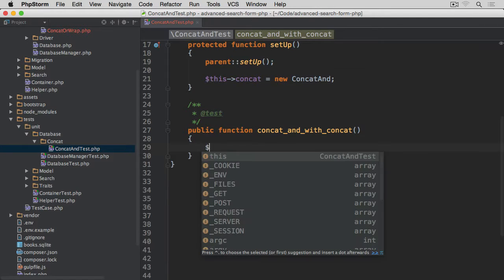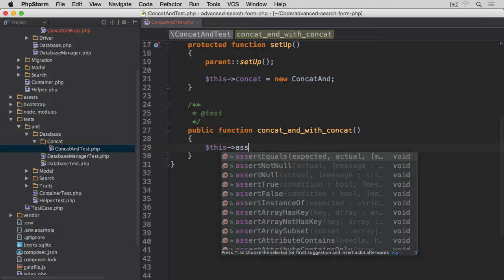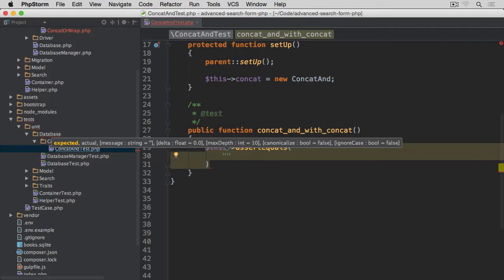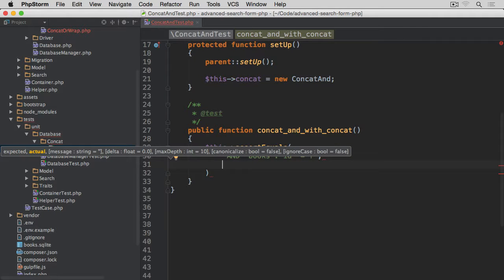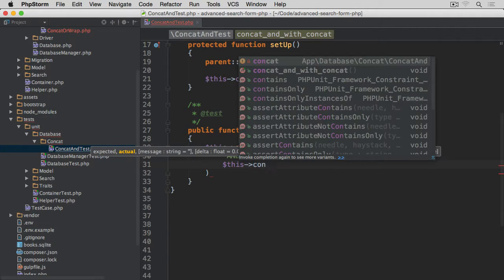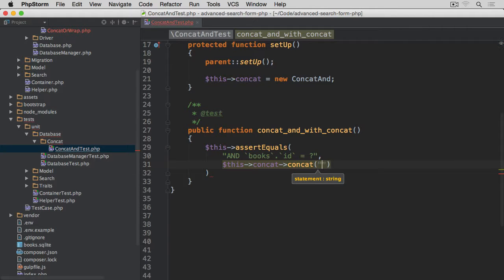And we are going to start with the assertion, assert equals, and what we expect this concat method to return will be "AND", and then in between it backticks books ID equals question mark. And we should receive this when we run this concat method on it with the argument books ID equals question mark. And if it doesn't return this, then we're going to say invalid result for concat